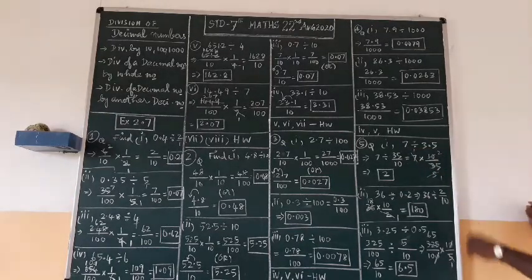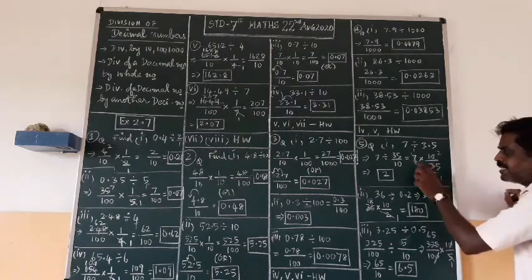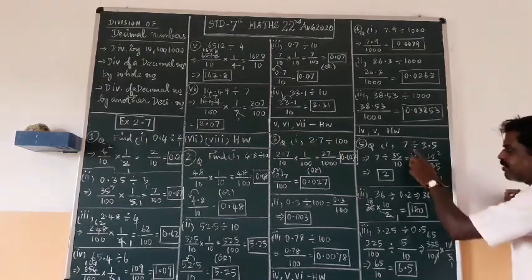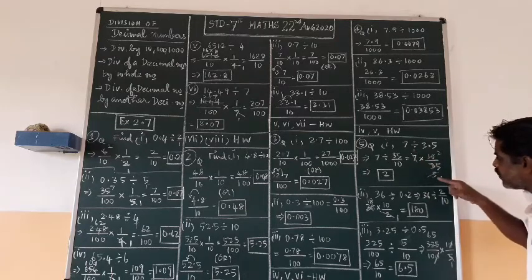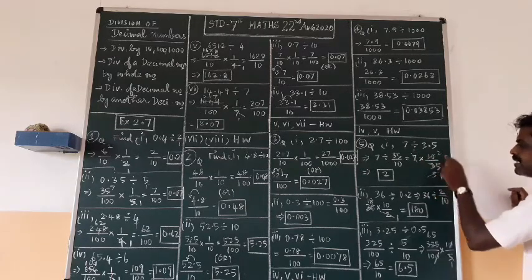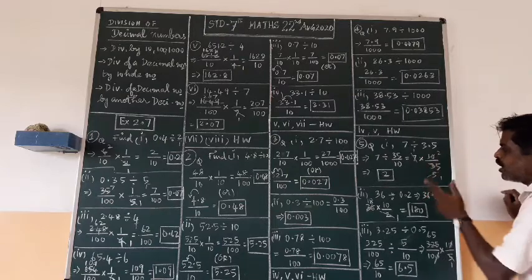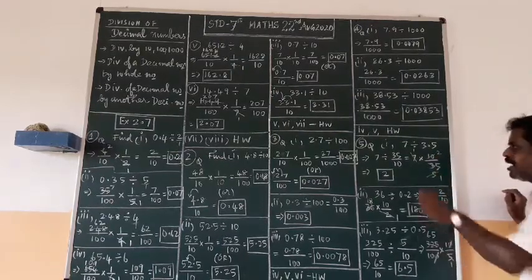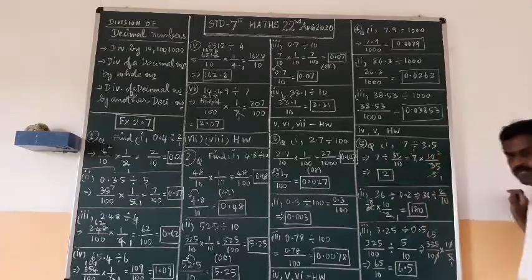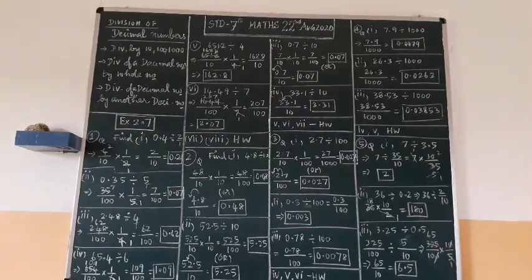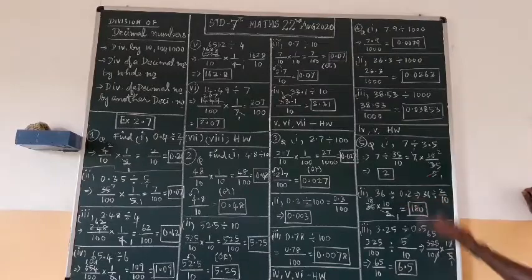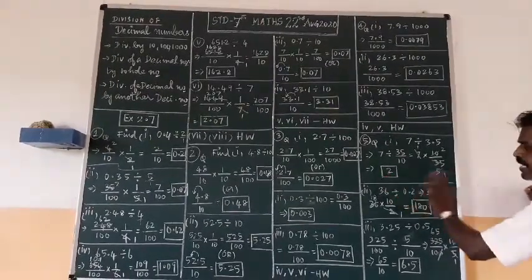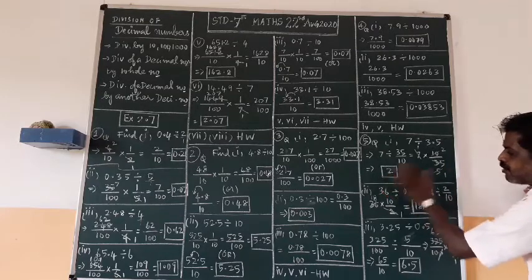Then you see that any possibility is there or simplify? Yes. 7 one time, 7 5 times, 35 can cancel. So 7 one time, 5 times. Once again 5 and 10 can cancel. 5 can cancel 2 times. So your answer is what? 1 into 2 upon 1. Upon 1 is nothing that. So 1 into 2, 2. That is the answer. Okay. 2 upon 1 means it's understood. Any number you are writing means it is understood that upon 1. So no need of writing 1 upon. So directly you write it 2.